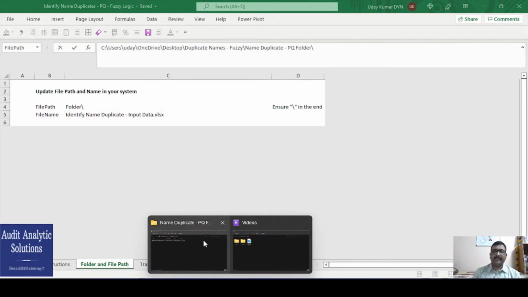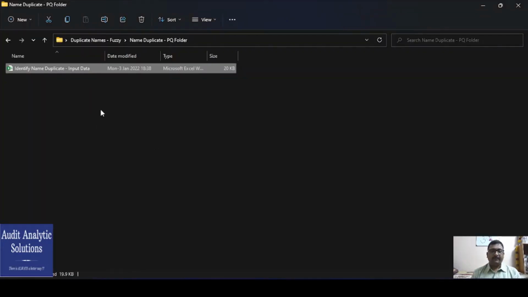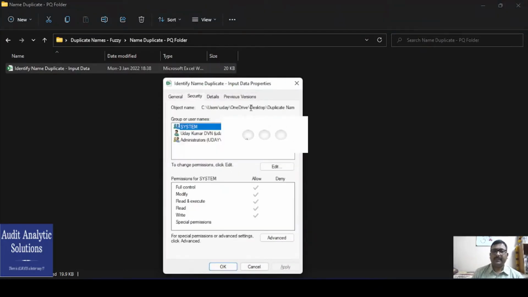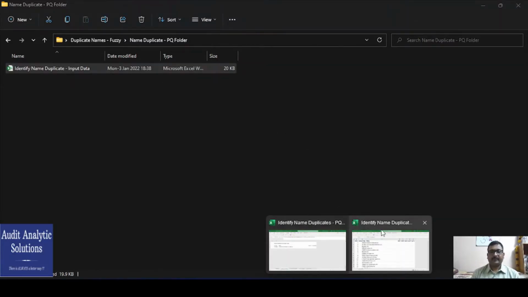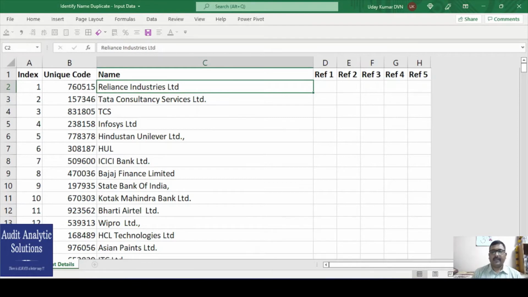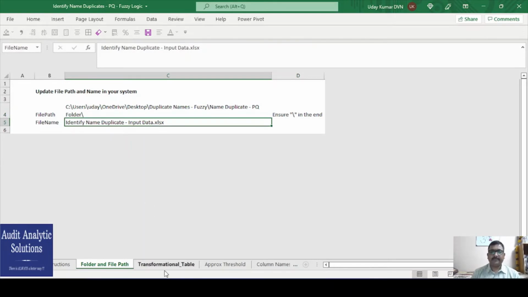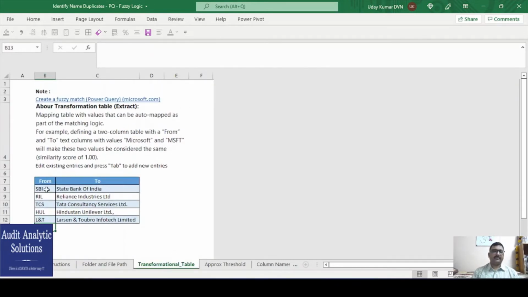Now, how to identify the file path? You can right click and go to properties, or alt enter and go to security, and here you will have the details that you want. You can just copy paste that. And once you have done the path and the Excel file, you can go to the transformation table.